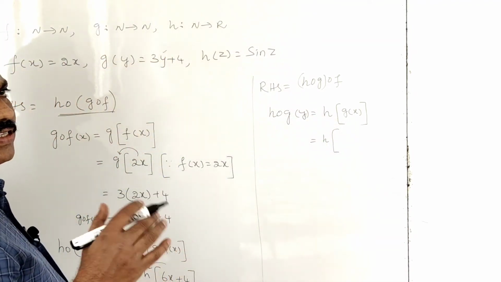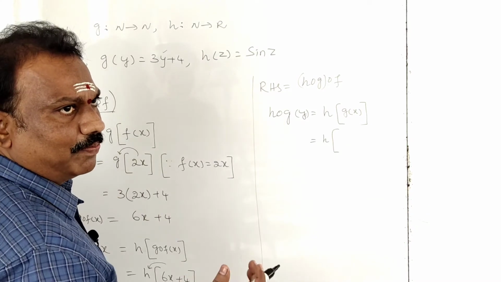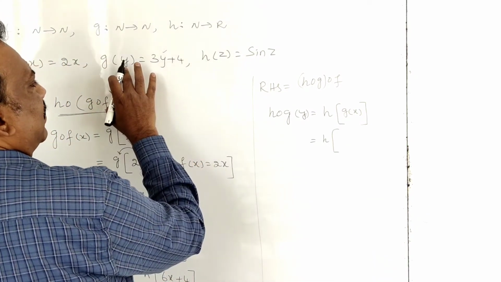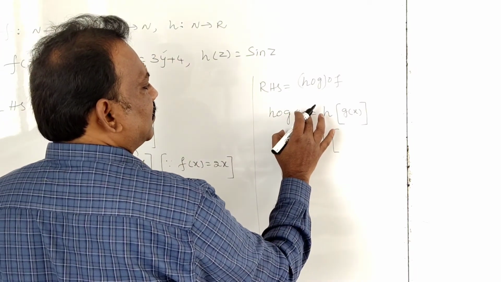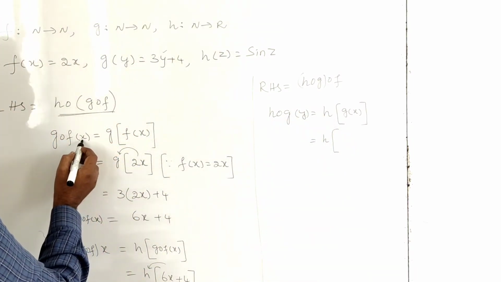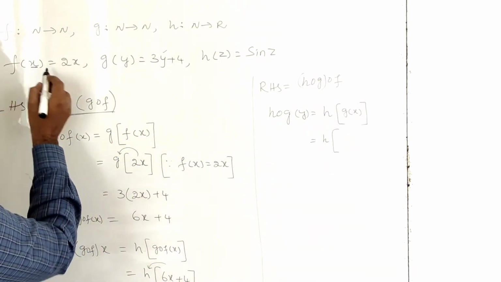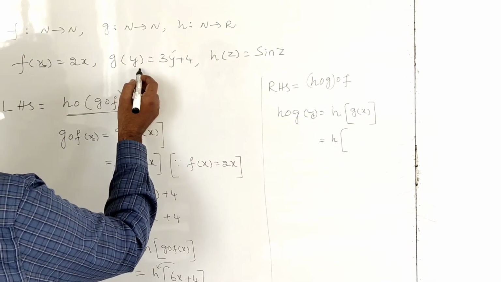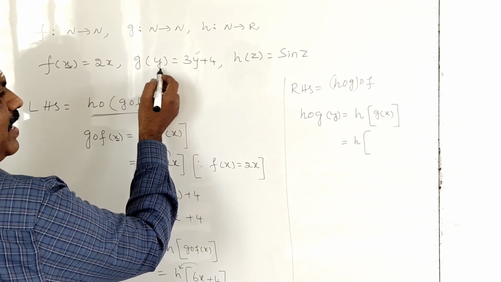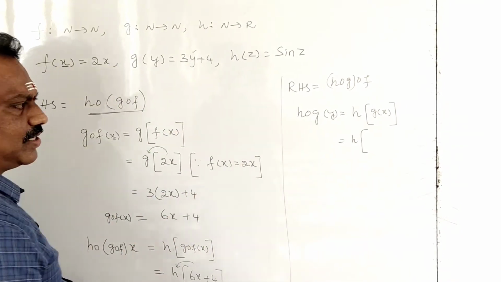So the domain can change depending upon the problem. So here the domain is y, which means the input value is in y terms. That's why I took y. Sir, here I took x because f of x is in terms of x. Understood, students? If it is y, y. If it is z, z. If it is a, like that we have to take, students.